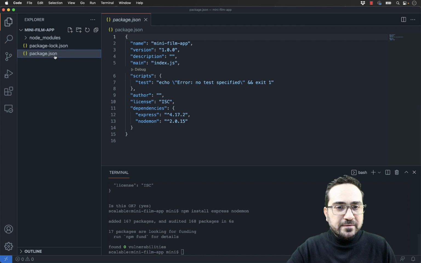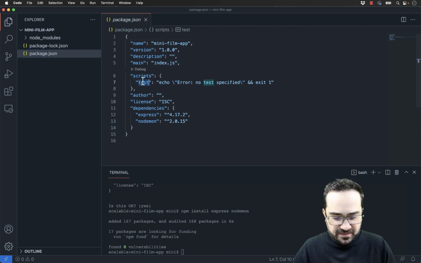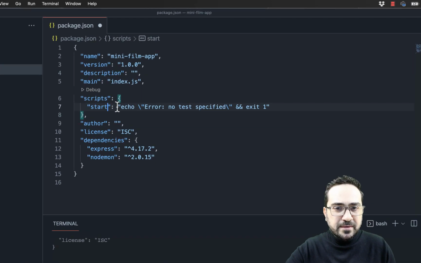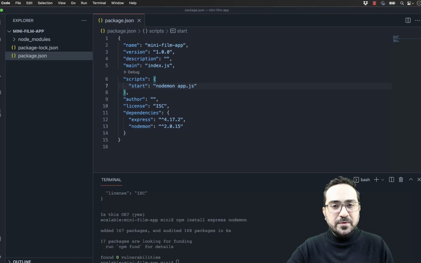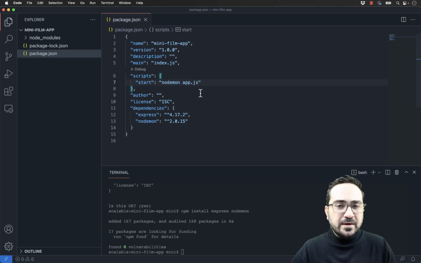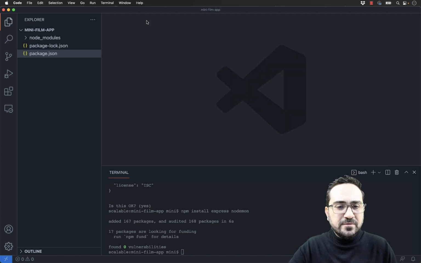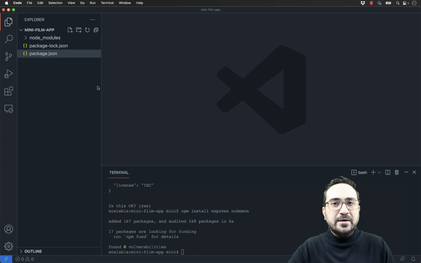I can go to the package.json. We need, as we always say, to adapt this script here and say, whenever you say start my application, the Nodemon tool will just run my app.js. It's something like that, for here to always restart our servers fast. Okay, so we did our first configuration. I will just close my package.json and I should be fine now.